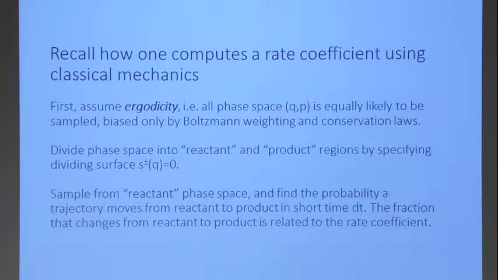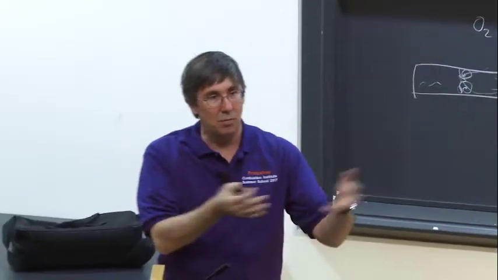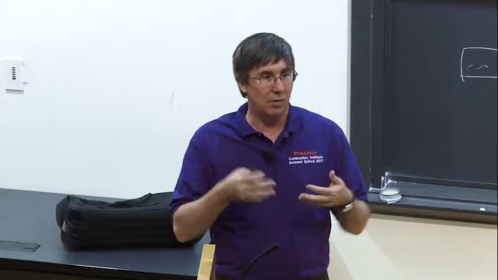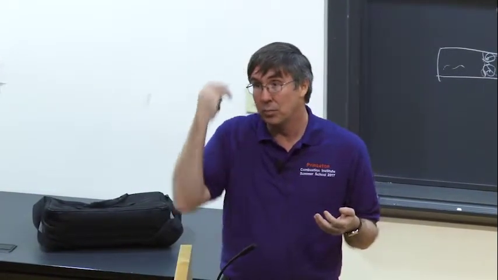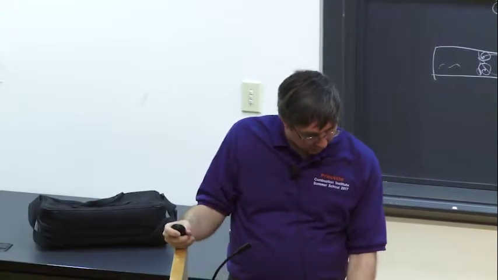So remember back in the very first lecture, I think we talked about how you compute a rate coefficient classically. First of all, by counting cars crossing the toll plaza. That's the first picture. And then you can say, well, now in atoms, they're not like cars. They actually follow a Boltzmann distribution, and they're all wiggling around. And so we can do the classical analysis for a perfect Boltzmann thermalized system.